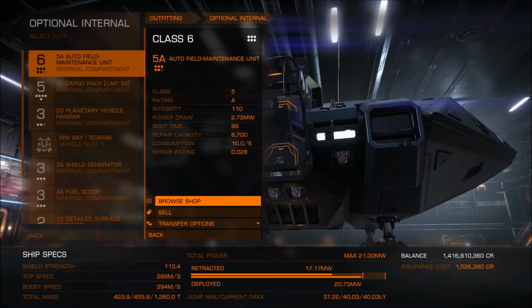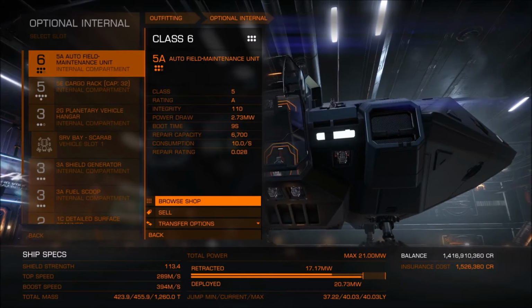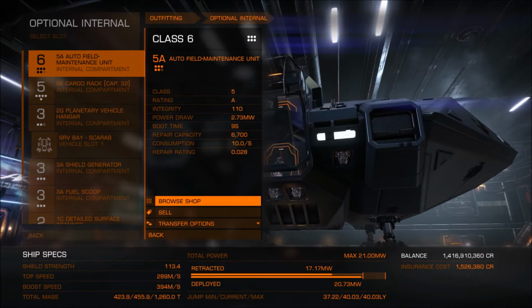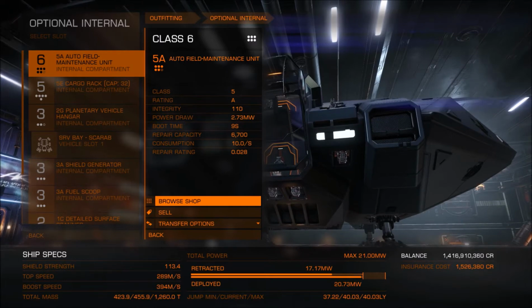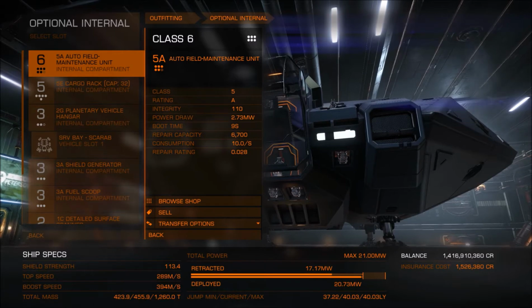But this is an option for you in case, let's say, you haven't unlocked Professor Paulin and you don't want to do that, although I highly suggest that you do it, especially if you want to get involved with the alien stuff going forward. You'll need access to Professor Paulin, I guess, because he's involved with the story. But let's say that you don't want to do it for now, then you could use the autofill maintenance unit